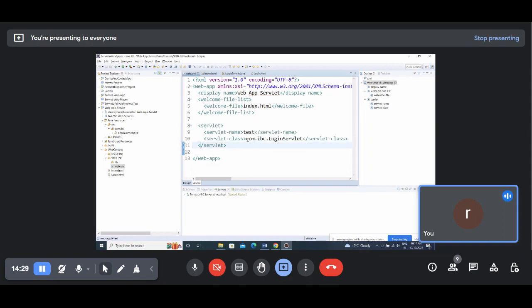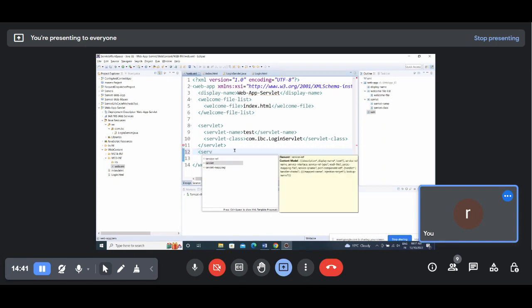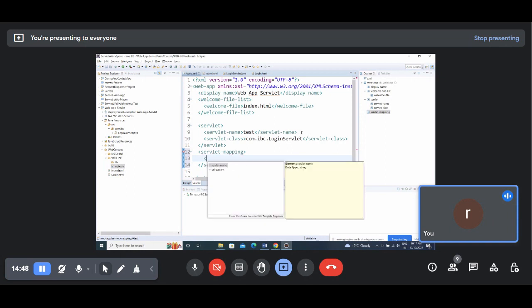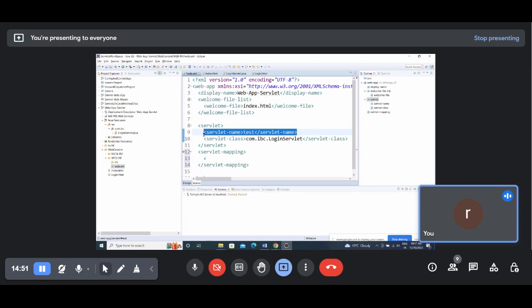When we need to execute this servlet, we need to give some mapping. We'll call that a servlet mapping. For that, I need to use the same tag that is there in the servlet, in the servlet mapping. Along with that, we need to say when that servlet should execute, which means whenever